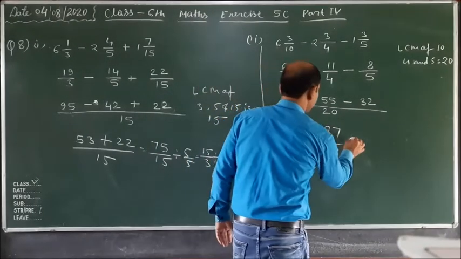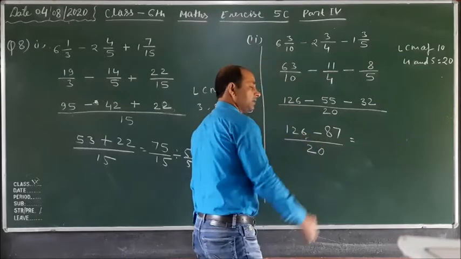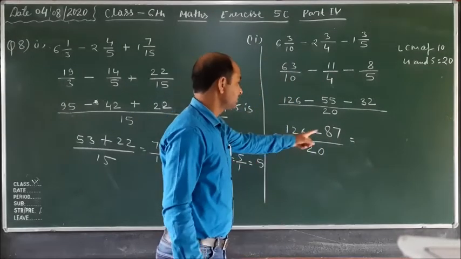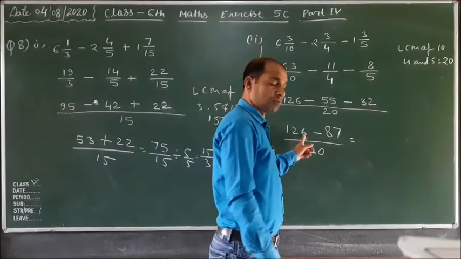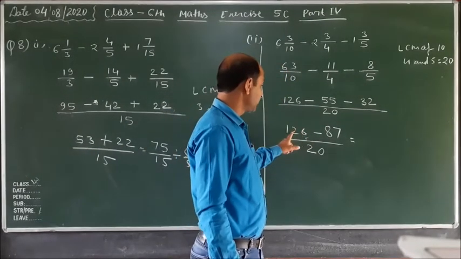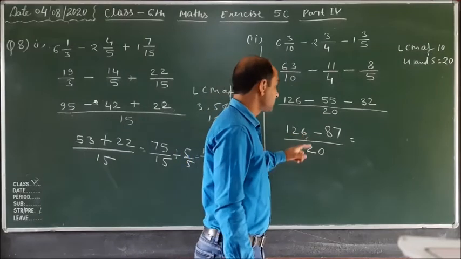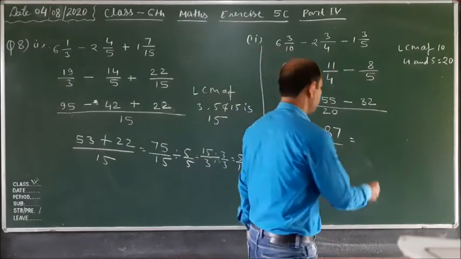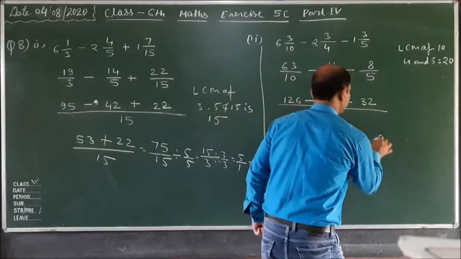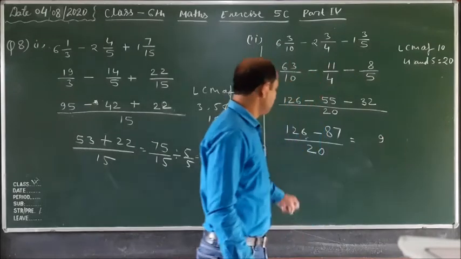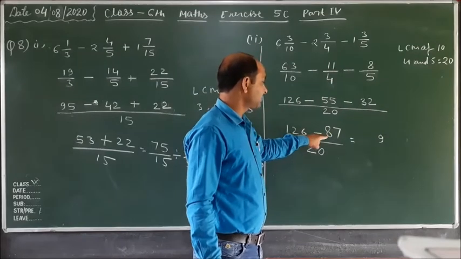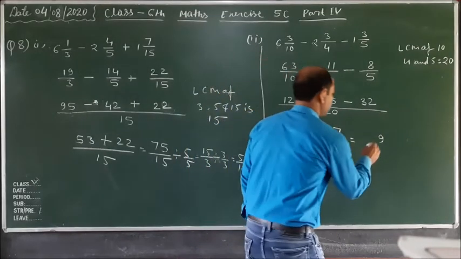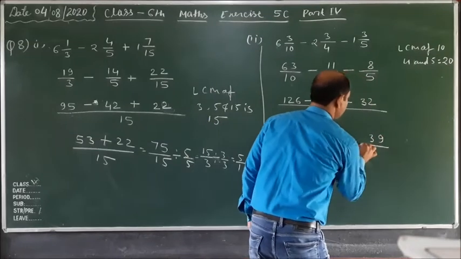So dear children, 16 minus 7. 6 minus 7, so 6 is the smallest number, so we take the carry 16. 16 minus 7 equals 9. Now this is 1 and 11. 11 minus 8 equals 3 upon